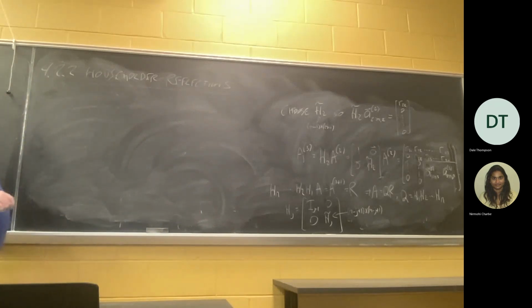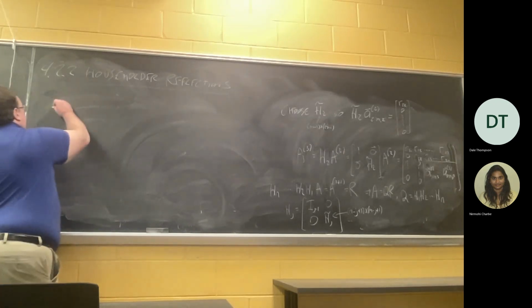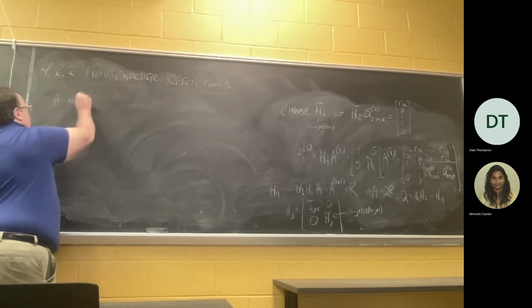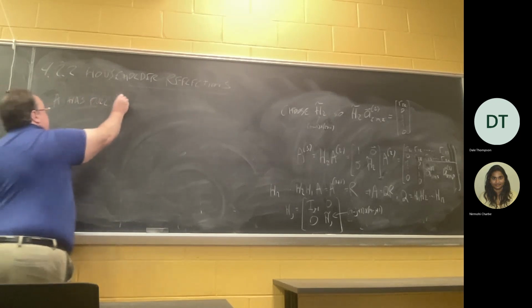Now, last time, actually at the very beginning of this chapter, talking about least squares in the first place, I stated the assumption that A has full column rank. A has n linearly independent columns, and I should make clear that assumption is still in force. So under that assumption,